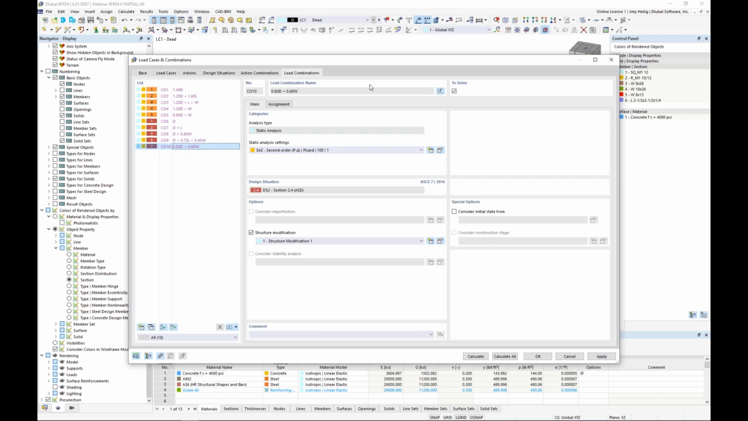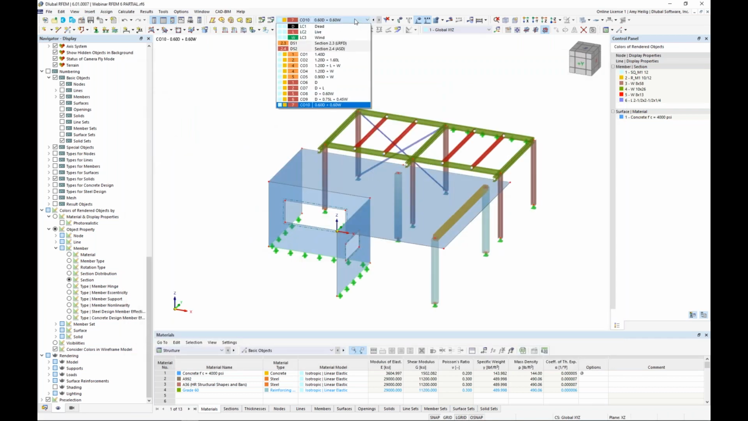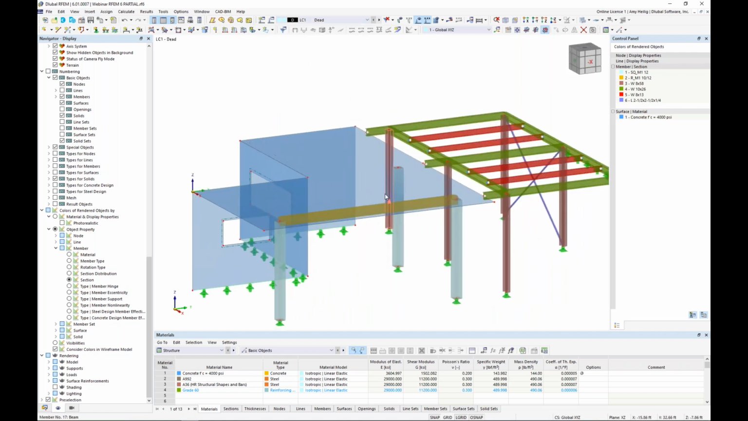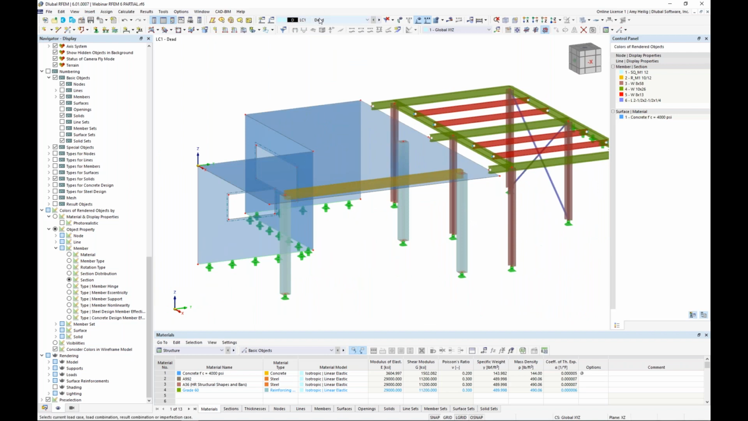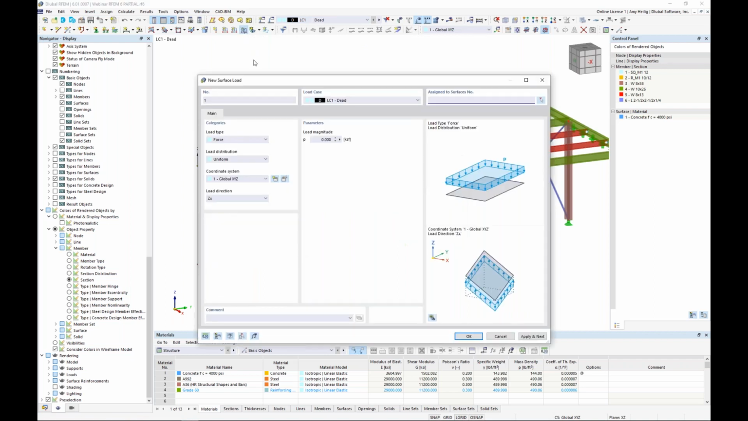Okay, so now that we have defined and set up all of our load cases and load combinations, we can see these reflected here within our dropdown, and we're now finally ready to actually apply the loads to the structure. So we'll start off within our dead load, and I will apply a new surface load. So I access this tool up here in my toolbar, and the load magnitude is going to be negative